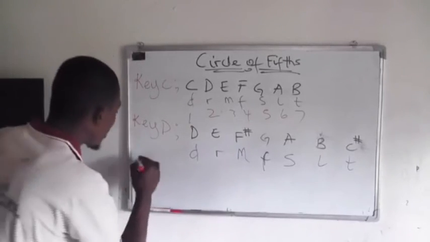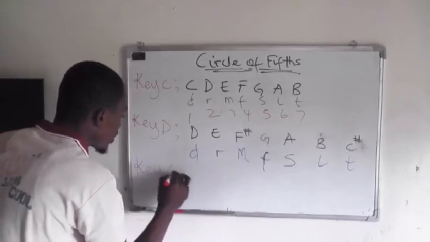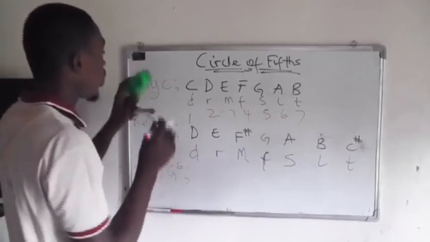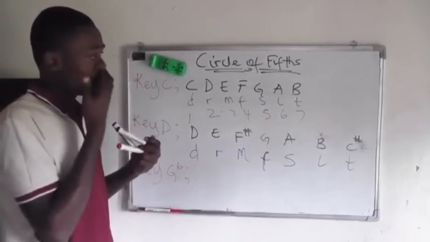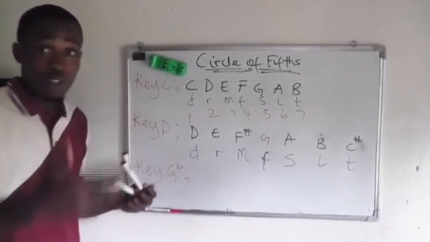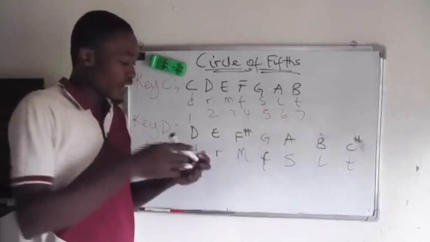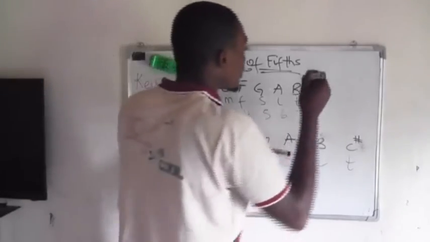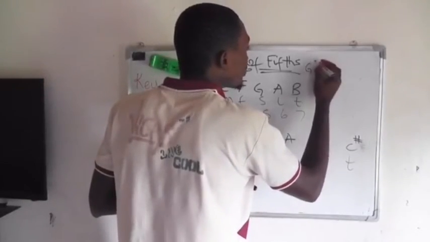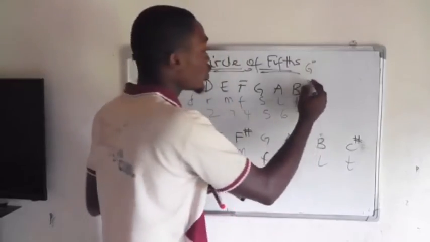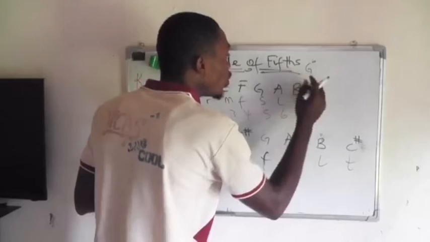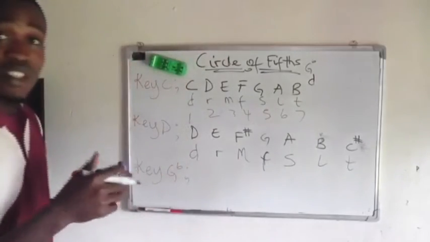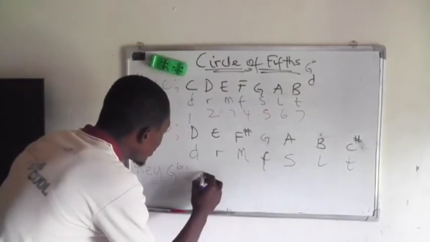Please try to follow me up because this is going to be needed for you to understand what we are going to be doing soon. Don't be scared. If you look at G flat, it means you are running your solfa notation on the key of G flat. So that means you'll be having G flat starting as what? Your do. So if you are trying to run the scale on that, you now have what?